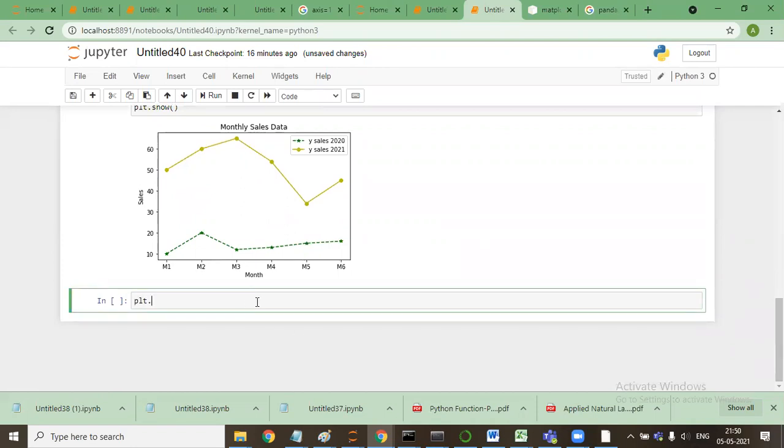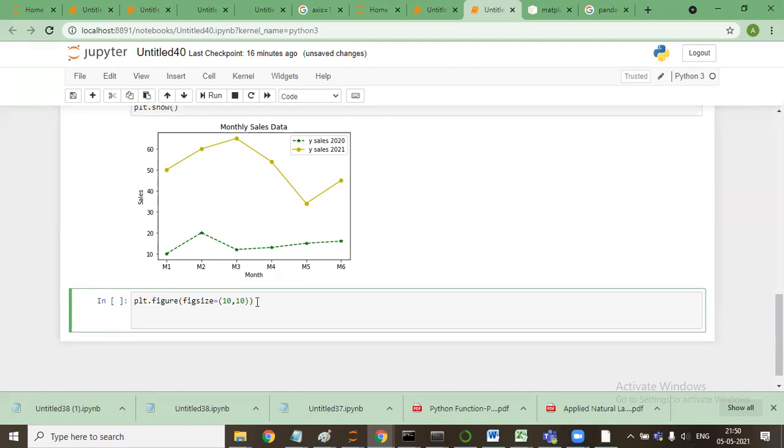You will get this type of code everywhere. figsize, here you use a tuple. Why tuple? Because this is a value that does not need to be changed. So 10 comma 10, this will allocate a 10 by 10 area to the plot that we have been making.